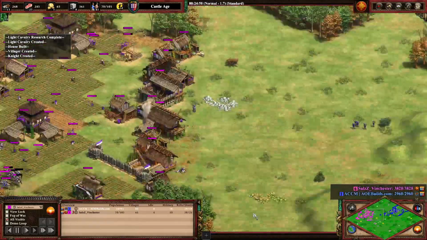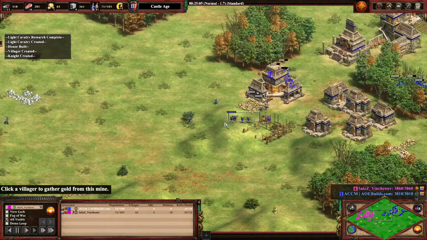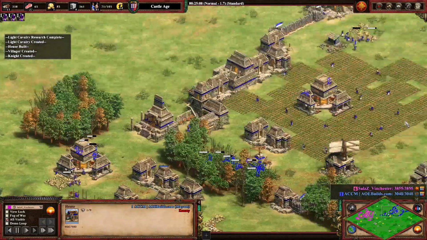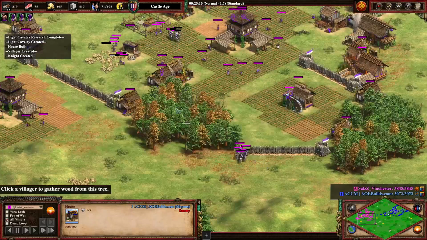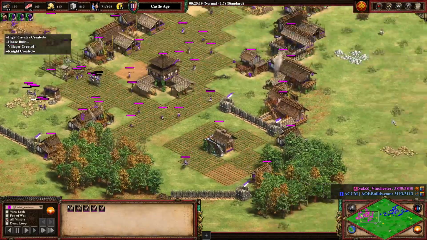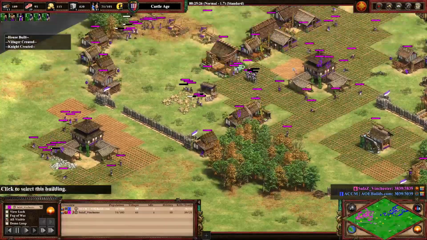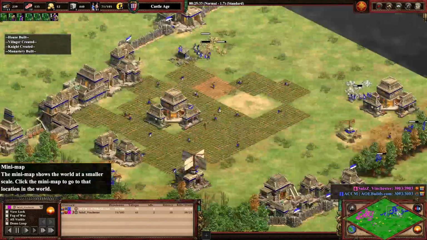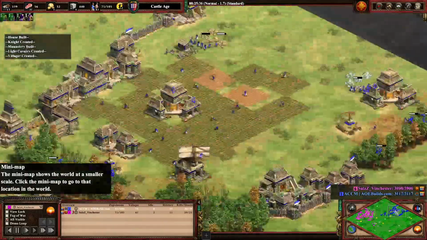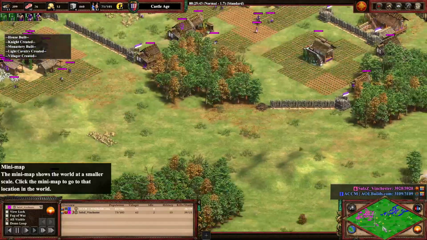Vinchester's doing a great job of not forcing any fights he doesn't need to, but at the same time preventing ACCM from really building up that critical mass that he's looking for, or even really being able to snipe too many vills before getting there. Saying that, ACCM is up on villagers on Vinchester at the moment. So even though he's later with that third town centre, he's managed to snipe a couple of extra villagers, and